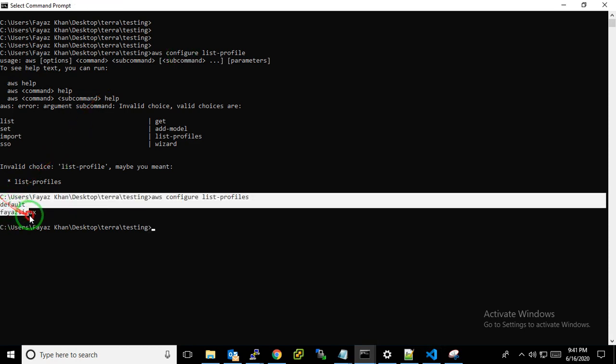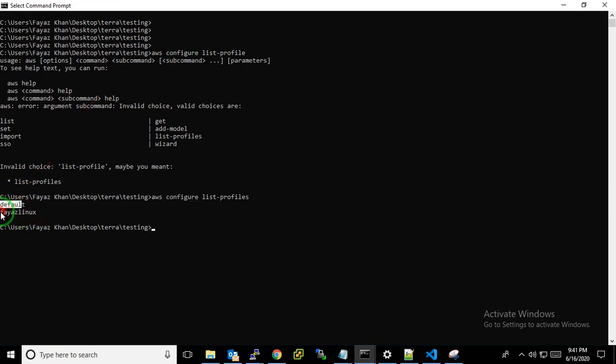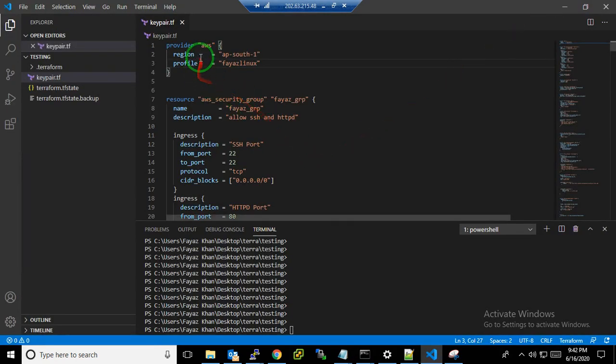Two profiles are created here: one is the default one and one is Fayaz Linux. I am going with Fayaz Linux. In Fayaz Linux, I have set my access key and my secret key, whatever you need to go inside AWS. So this is the provider.